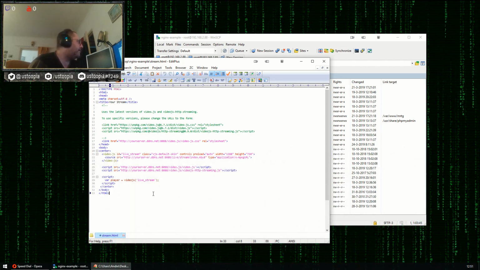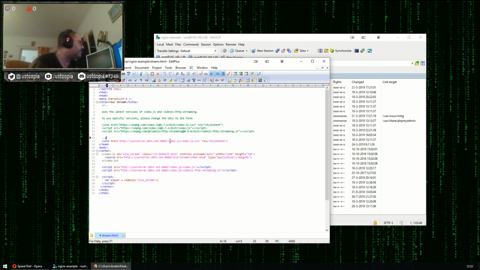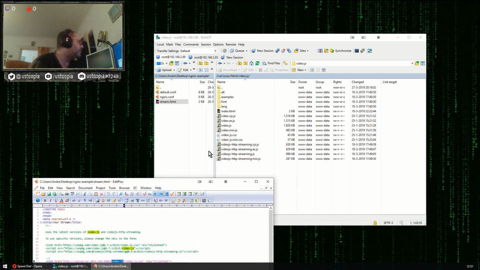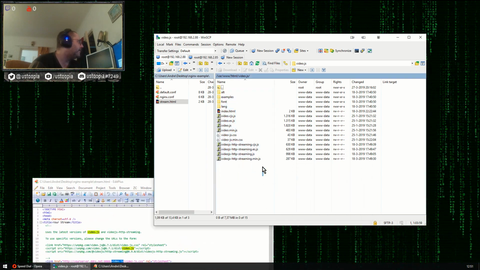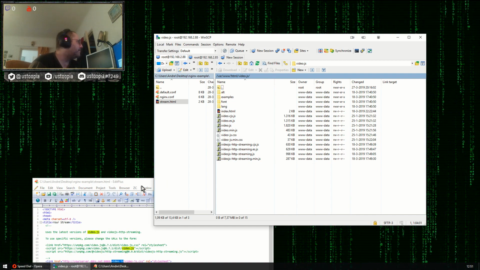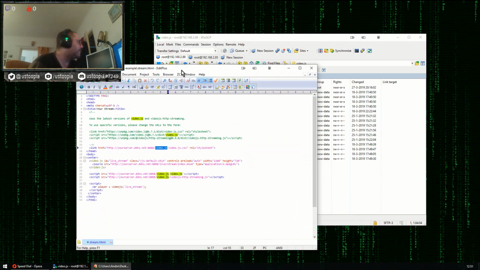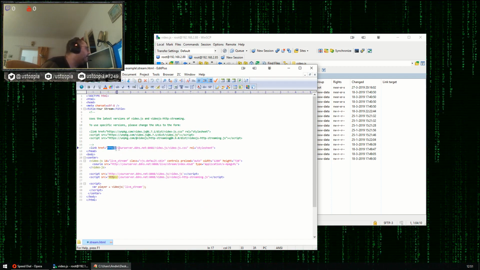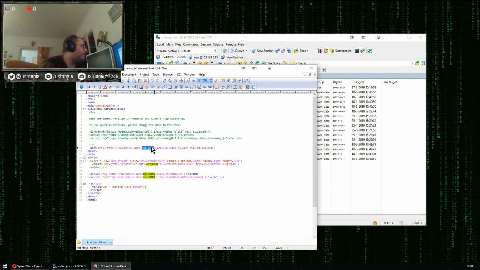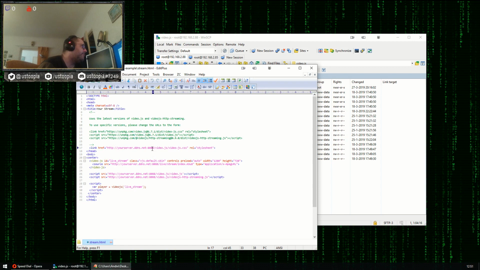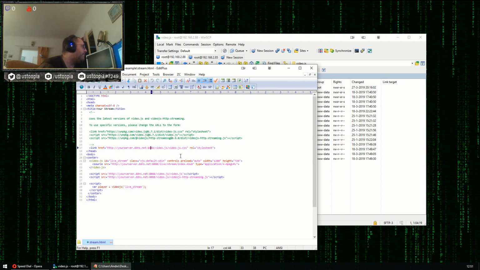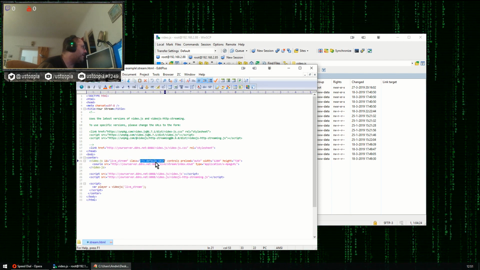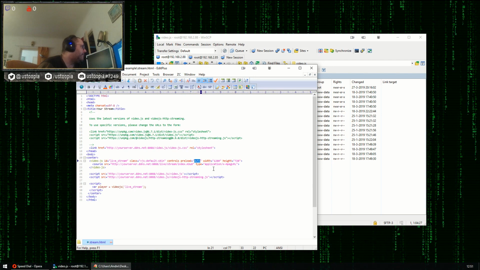So that gave me this file. Mind you that you need to have this folder in your root, so this folder. And as you can see, this is the content of the video.js files, or video player, and it's nothing special. It's just a couple of script files that we actually call in our HTML file here, because as you can see it starts here. That's, by the way, the port I'm running on for my regular HTTP traffic. It's usually port 80, I use 8088. And the rest speaks for itself, I guess. Here it opens the video player, skin, preload auto. I haven't even looked up exactly what that does.